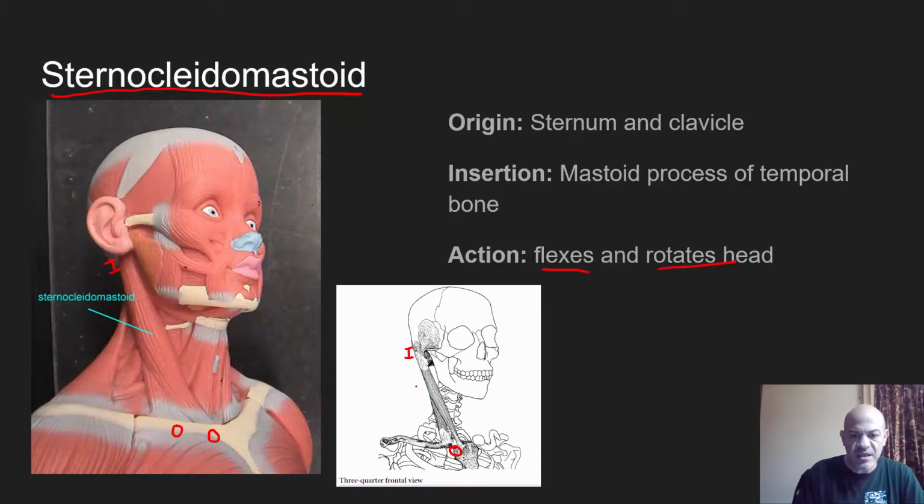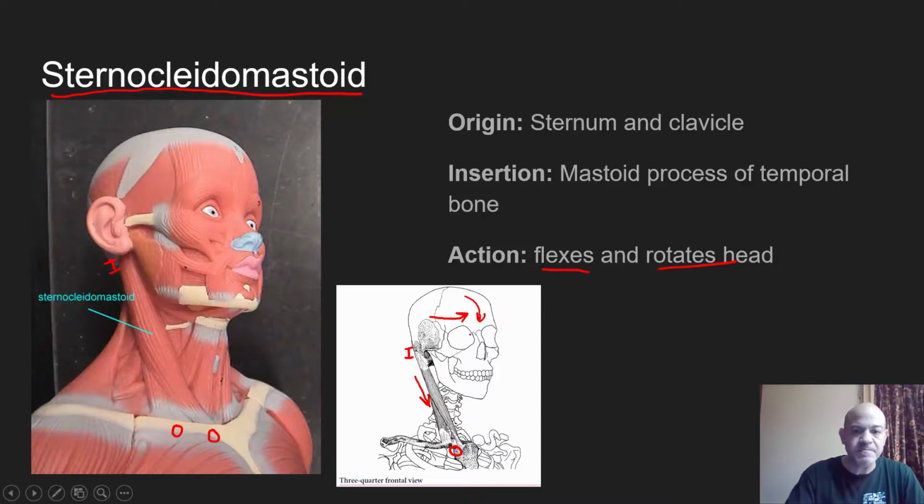In the image here, you can see that upon contraction, the muscle would pull both downward and inward on the mastoid process. So in this image, that's the right sternocleidomastoid. If it were to contract, it would rotate the head in the opposite direction. So if the right sternocleidomastoid contracts, then your head would rotate to the left, or it can help rotate the head to the left. Now if both contract, both would be pulling downward, and that would help pull your head